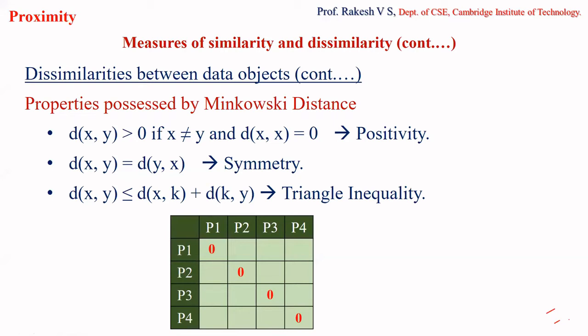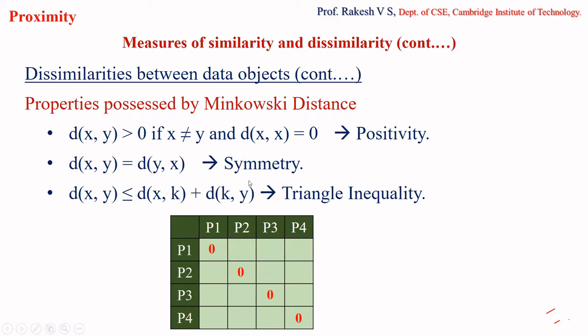That's all. In the Hamming distance example that I considered in the previous slide, since that was the first example we had considered, I had calculated all the values. But in actual, it is not necessary for us to calculate all the values. That is because of these properties. Every Minkowski distance, that is every variation of the Minkowski distance, whether it is a Hamming distance or a Euclidean distance or supremum distance, your principal diagonal values will always be 0. That is because of the positivity nature. Clear?